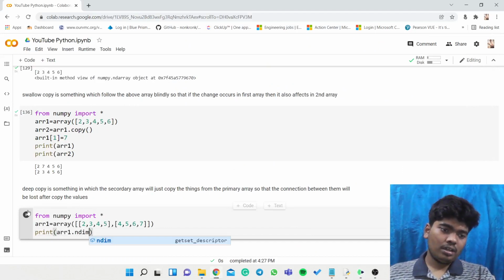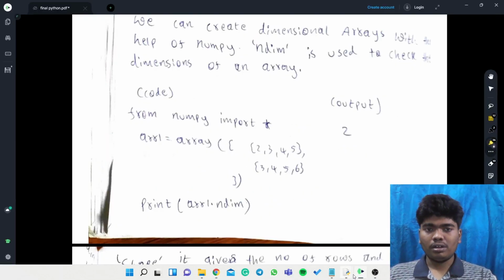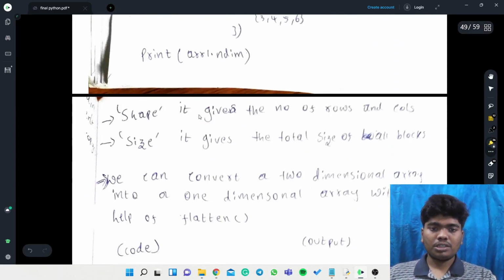Yeah, now it will just print the dimension of that particular array. It is a 2 into 2 matrix dimension. So shape gives the number of rows and columns. Size gives the total size of all the blocks.